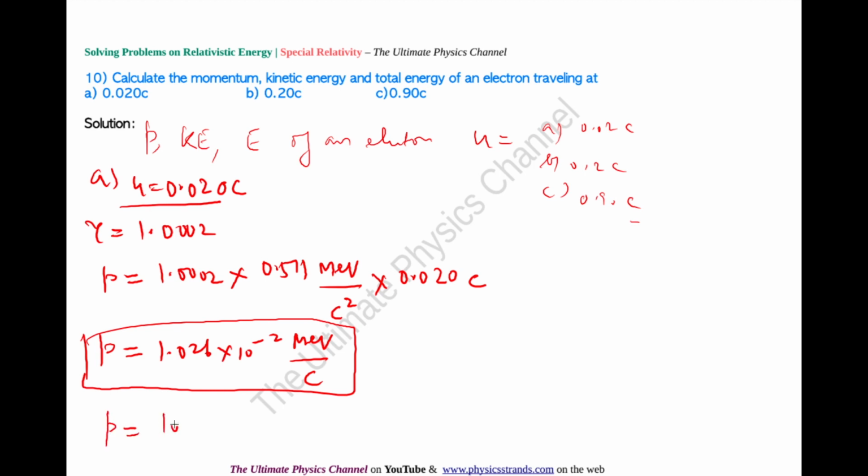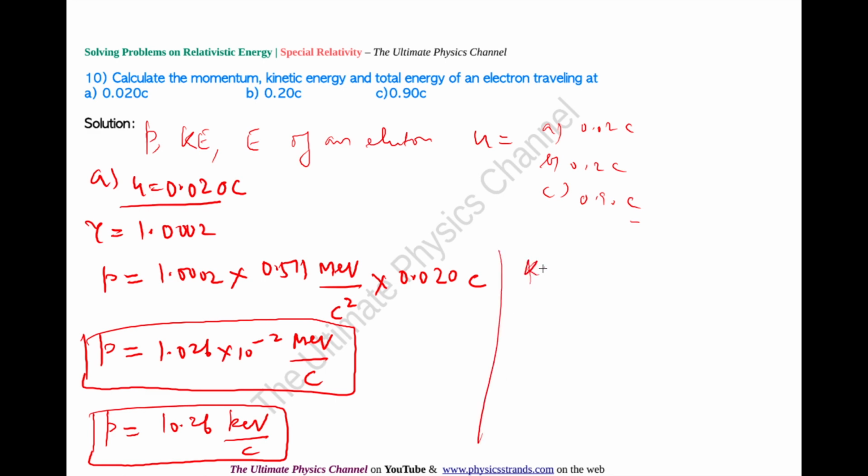That is 10.26 keV over C. That is also a cleaner unit in this case, right? Now, based on this momentum, of course, we can again use the velocities that are given and calculate the